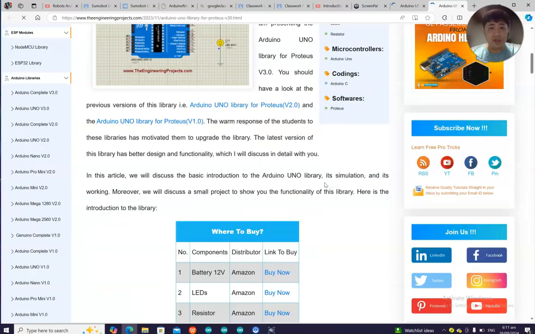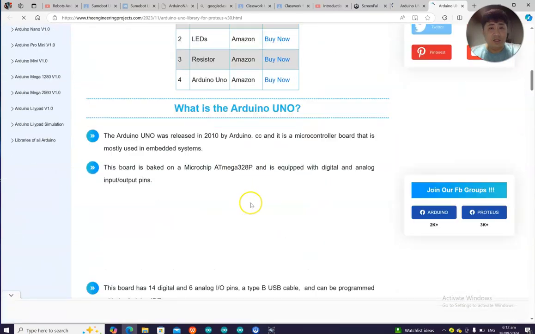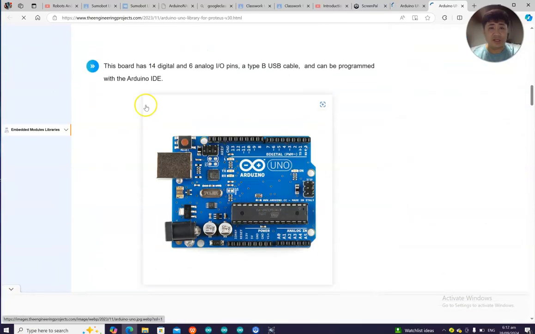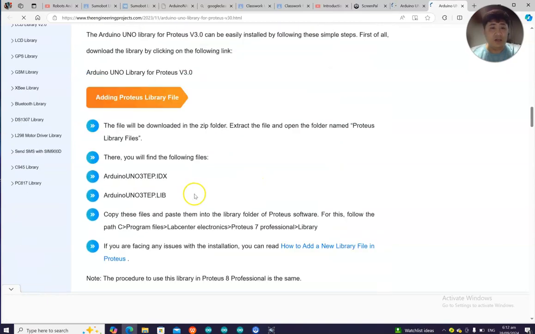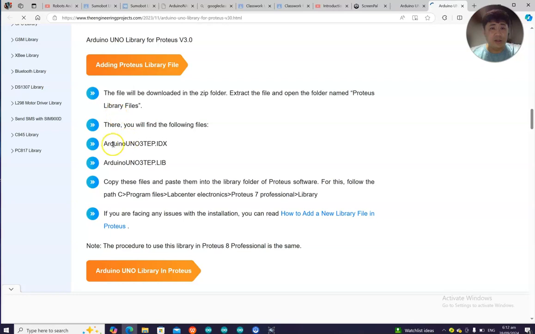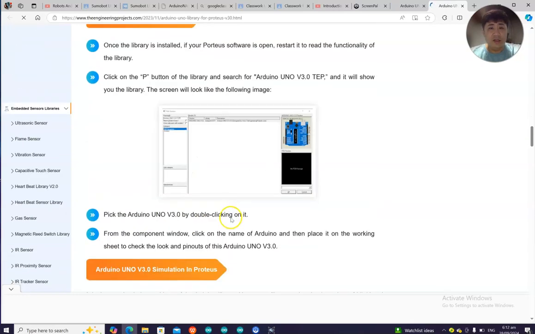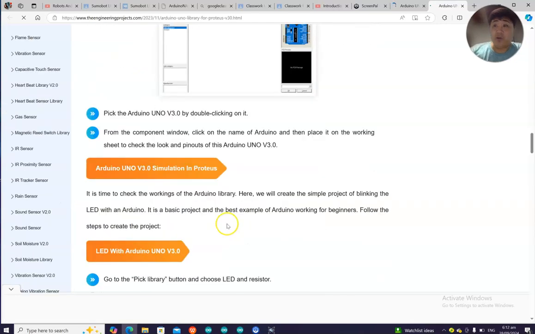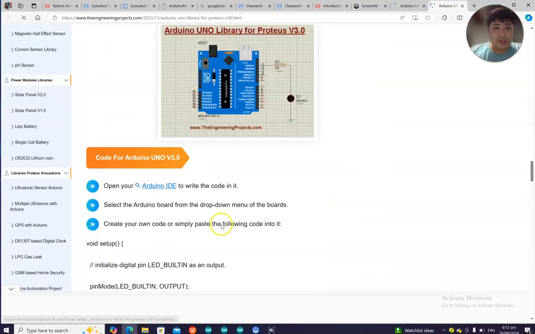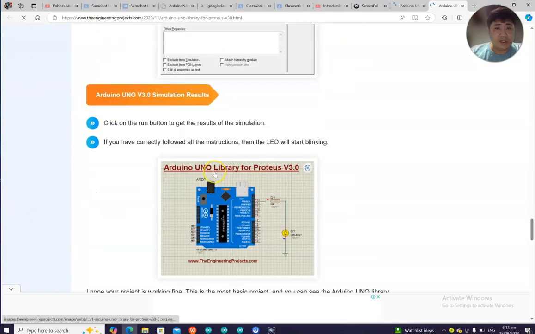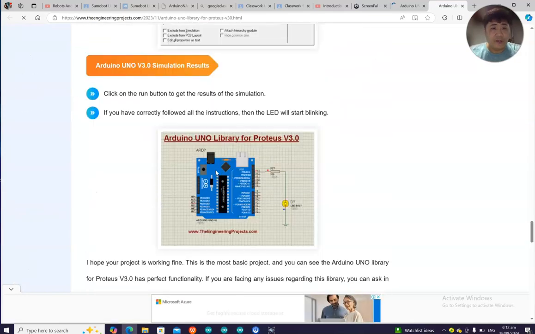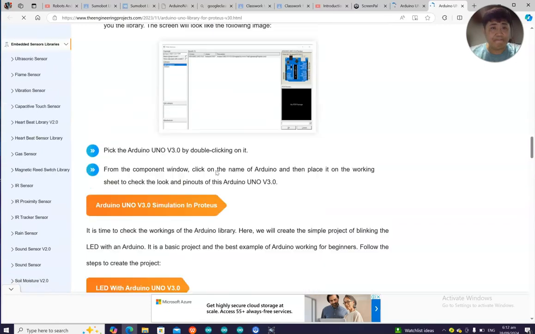So version 3. There's an instruction. You could read that one if you want. Then you add these two to the library. There's an instruction on how to add, but I will teach you here. So where can I download that one? There's an instruction code. Wait, let me find.